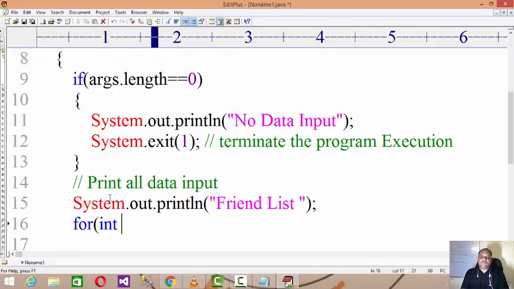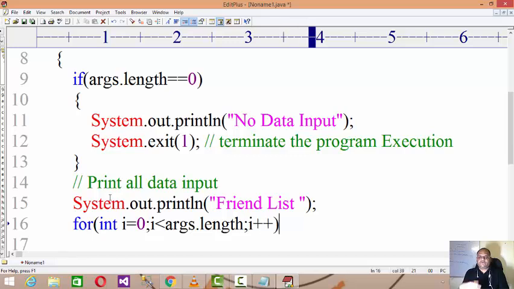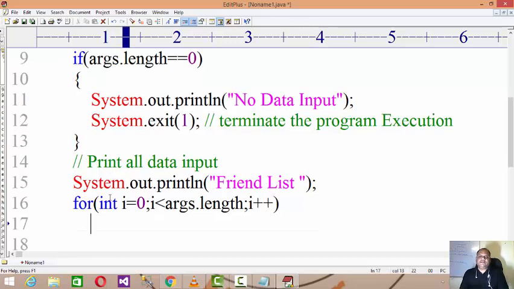So for int i = 0, as array subscript starts with 0, i < args.length. I don't know how many friends' names I am going to input, so whatever that is, that is the n. Whatever number of friends' names I input from the command line separated by spaces becomes the array length. So from for int i = 0, i less than array length, i++,